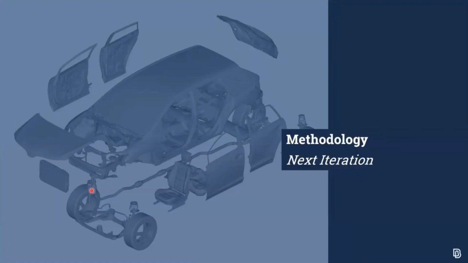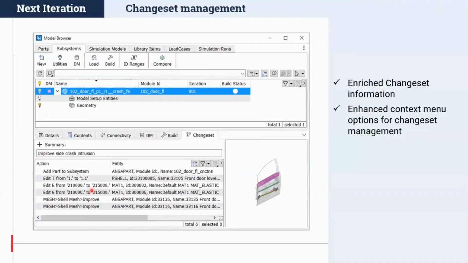Another very important aspect of the methodology is the next iteration. I'm not sure if you're all aware, but ANSA DM has change set management. We have introduced a functionality called change set management, where ANSA DM efficiently tracks all the changes that are done on a part or subsystem level.